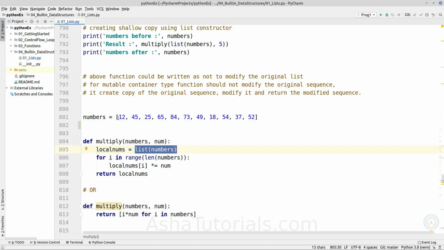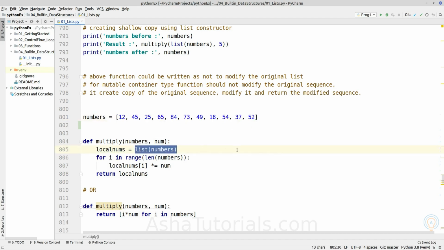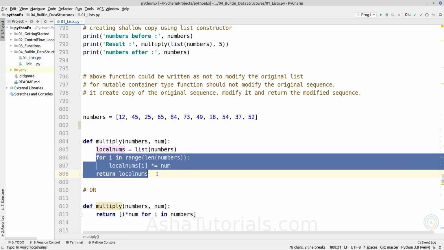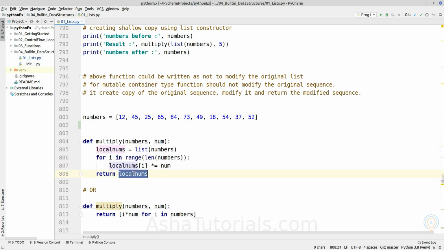Here we know we are passing only a one dimensional list of immutable data, so we only create a shallow copy of the given list, perform the operation on the copy, and return the copy of the list from inside the function.